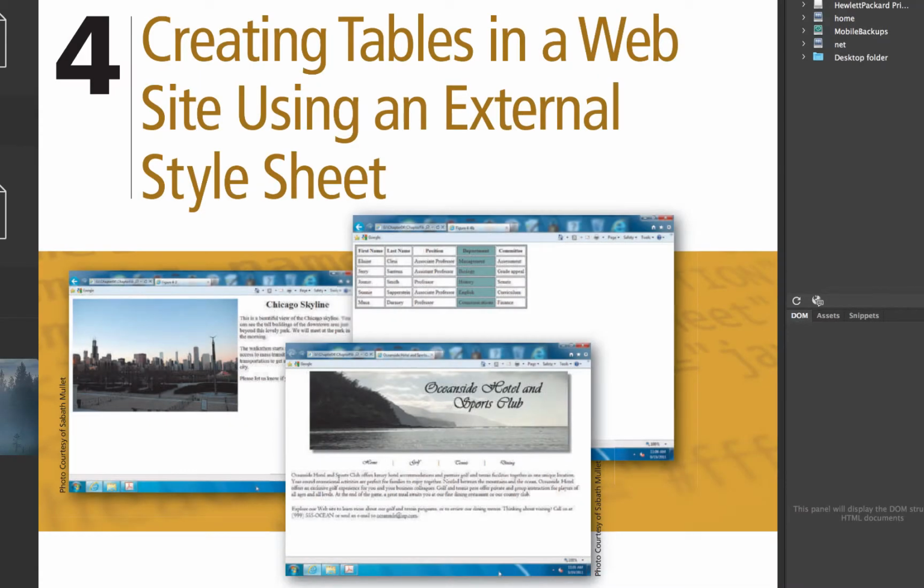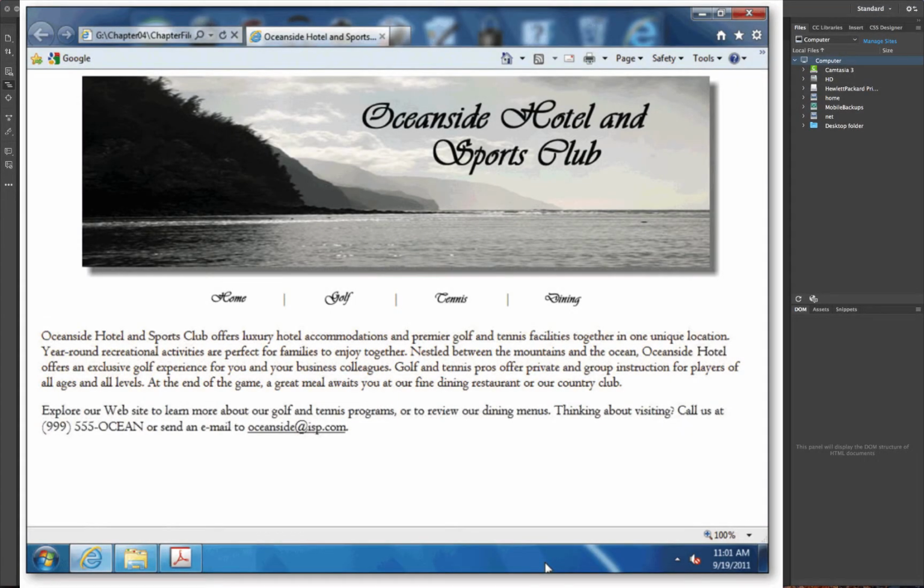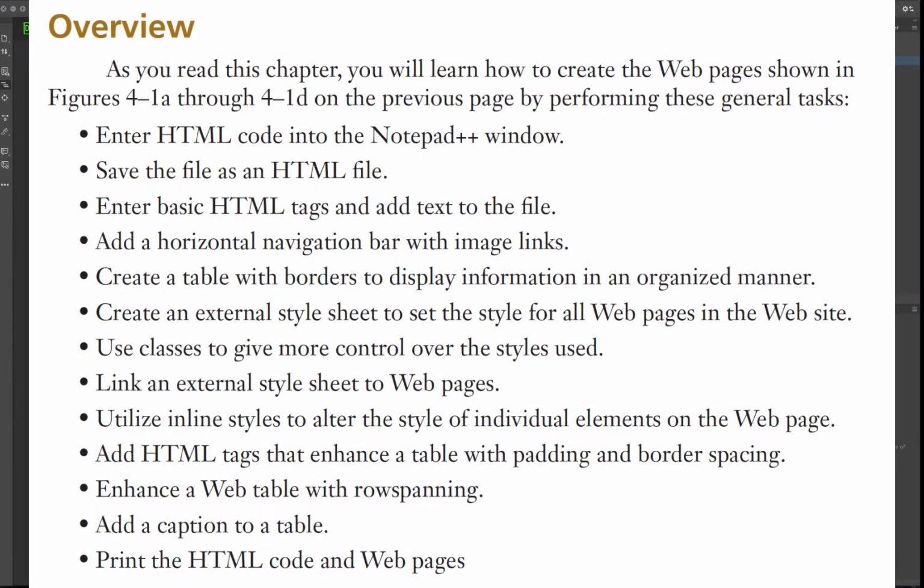Chapter 4, Creating Tables in a Website Using an External Style Sheet. Our project is the Oceanside Hotel and Sports Club website. We will enter HTML code, save an HTML file, enter basic HTML tags, add a horizontal navigation bar with image